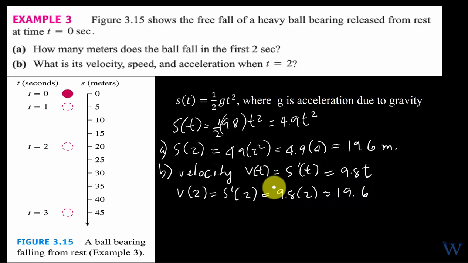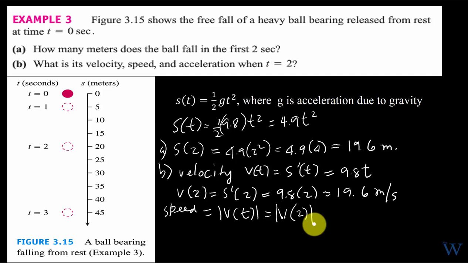What is the unit of measure? Because it's with respect to time with its derivative, and remember velocity is a rate of change, instantaneous rate of change, so that's going to be meters per second. Okay, what about the speed? Well, the speed is just equal to the velocity, its absolute value. So that's absolute value of v of 2. So that's the absolute value of 19.6, which is equal to itself,